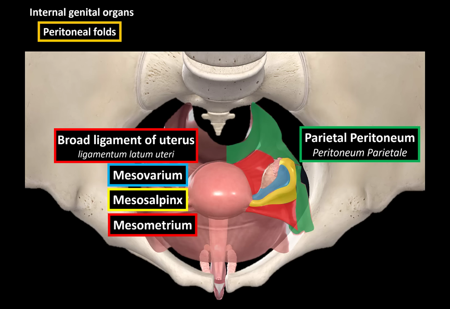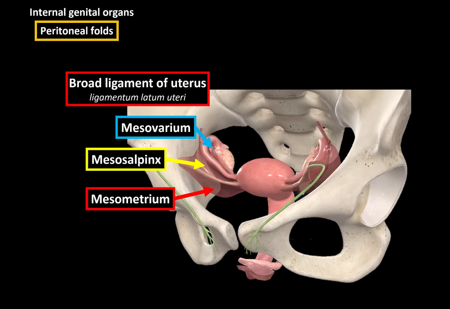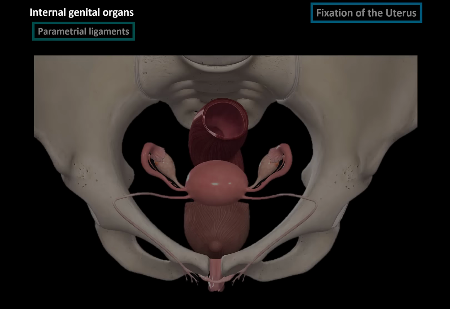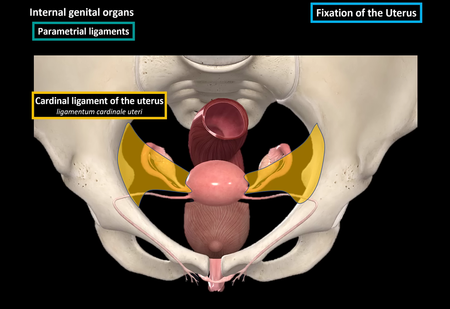They are all a part of the broad ligament of the uterus, and they help fixate the organ in place. And here's another angle, kind of showing you that the broad ligament is more vertically located along the uterine border. Alright. Parametrial ligaments are ligaments that hold the uterus in its proper position in the pelvis. These are the cardinal ligament of the uterus, which extends from the cervix uteri to the lateral wall of the